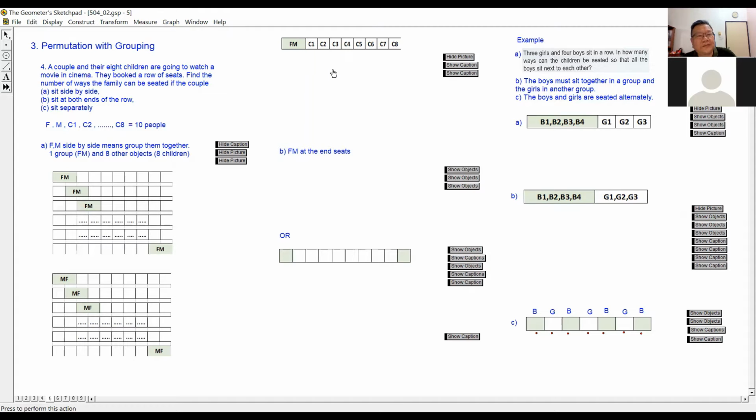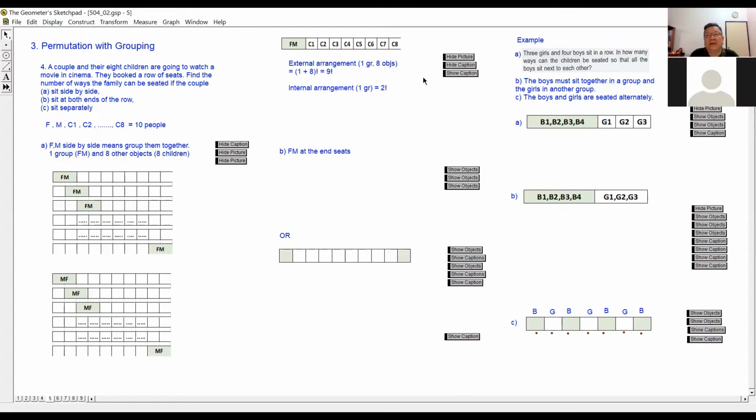So how to calculate? I show you how to calculate. So it can be like this: father, mother, child number one, child number two, until child number 8. Now we have all together this father and mother is considered as one group. Then the children, all together 8 of them. So how many objects are you going to permutate? One group and 8 objects, that means you have to permutate